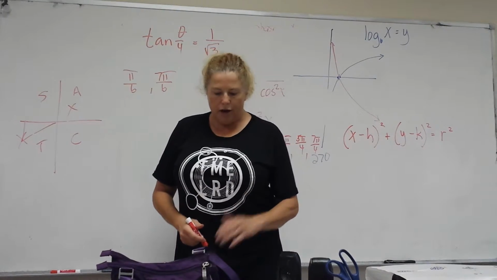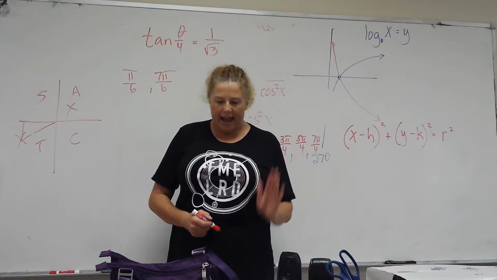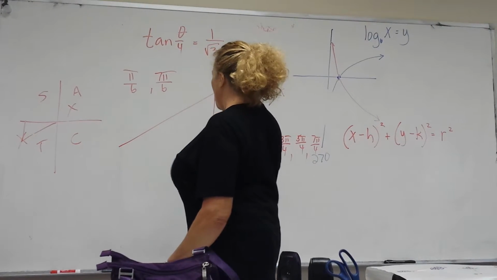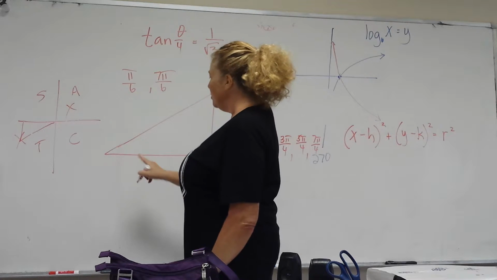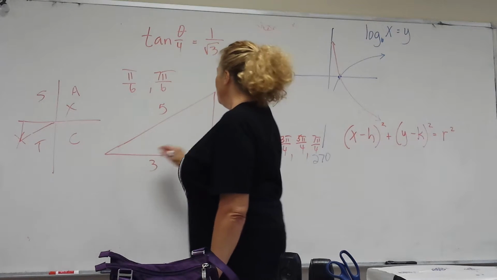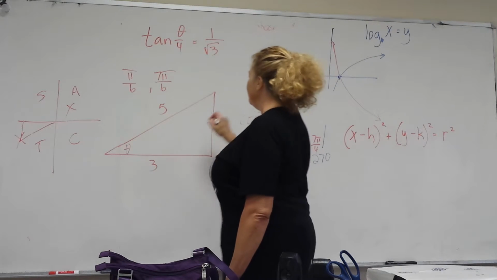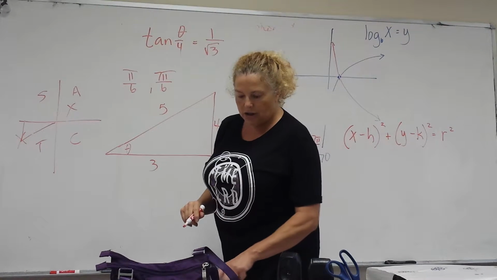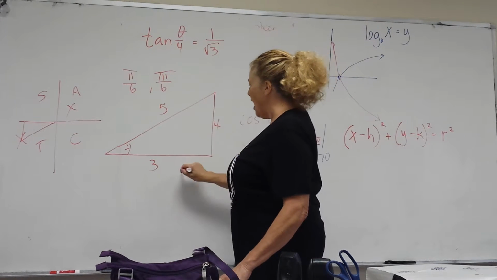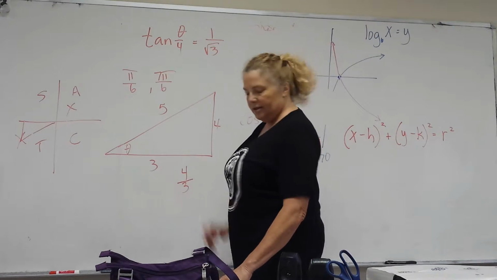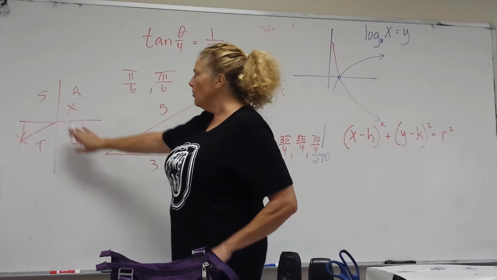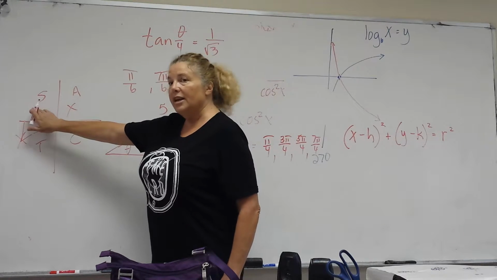Okay, 28. You read that. The tangent of the angle whose cosine is negative 3 over 5. So if you were to draw this, and the cosine is adjacent over hypotenuse, you would just do your Pythagorean theorem and discover that's 4. So it wants the tangent of the angle whose cosine is negative 3 over 5, so the tangent would be opposite over adjacent, and since the cosine is negative 3 over 5, that means it has to be over here,